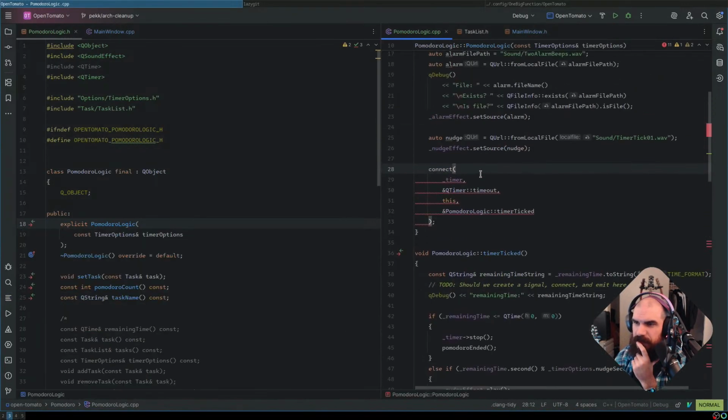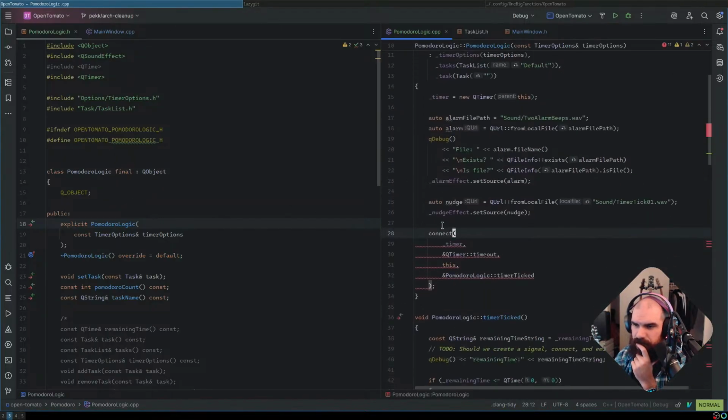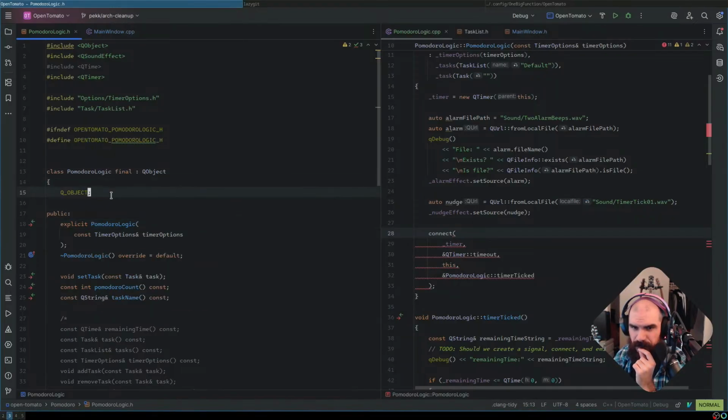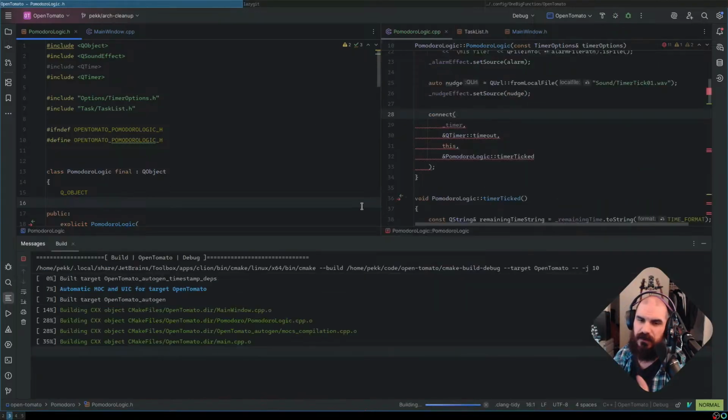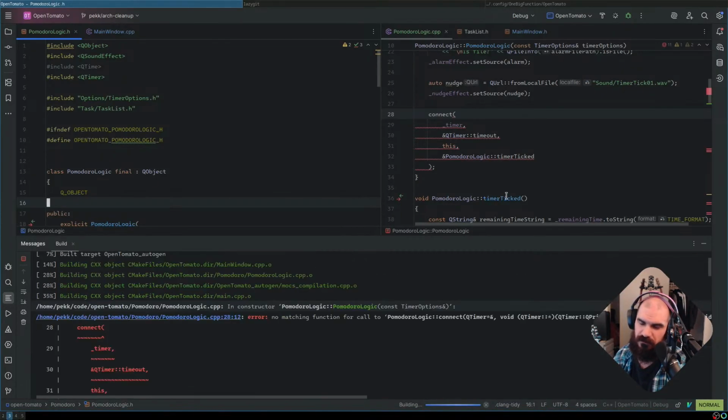Why doesn't that have anything? Does this need a semicolon? I guess even if it didn't need a semicolon, it wouldn't make a difference because it would just be an empty statement, right?